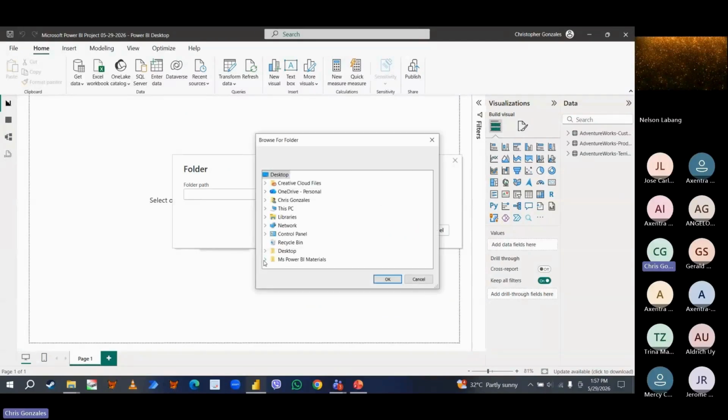And I just need to browse for the AW sales folder. Again, make sure that your folder is already available. Well, you can also name your folder or customize the name of your folder because automatically this will be the table name that we will see later. So I customized it: AW means Adventure Works, and then sales is for the content.